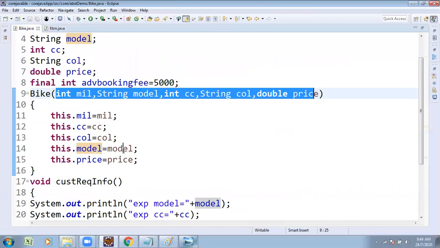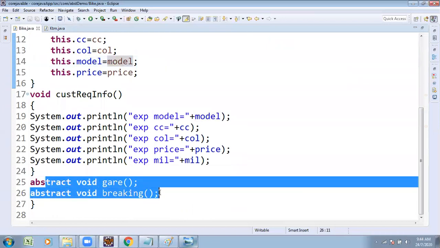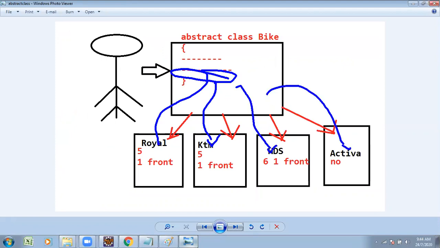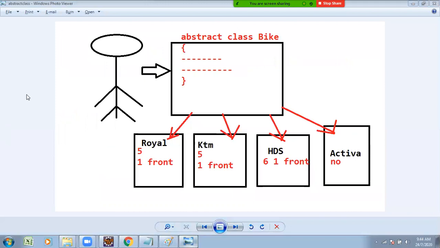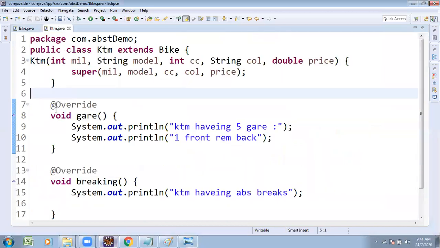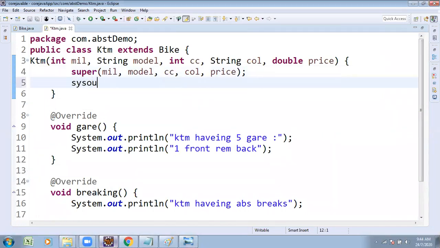Whatever data was hidden is presented in the subclass. Here we are writing some logic that we hid. Whatever we hid, we present under subclasses. The KTM engineer is going to be explaining this logic. So if you select a KTM bike, this logic is going to be given. Similarly, if you wanted a statement, you write this out, just for understandability purpose.